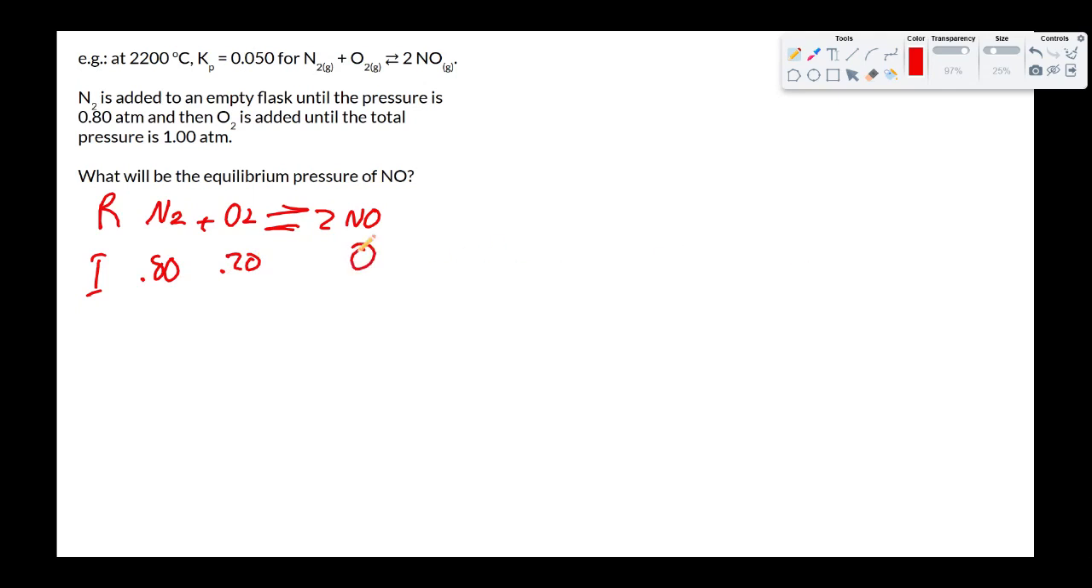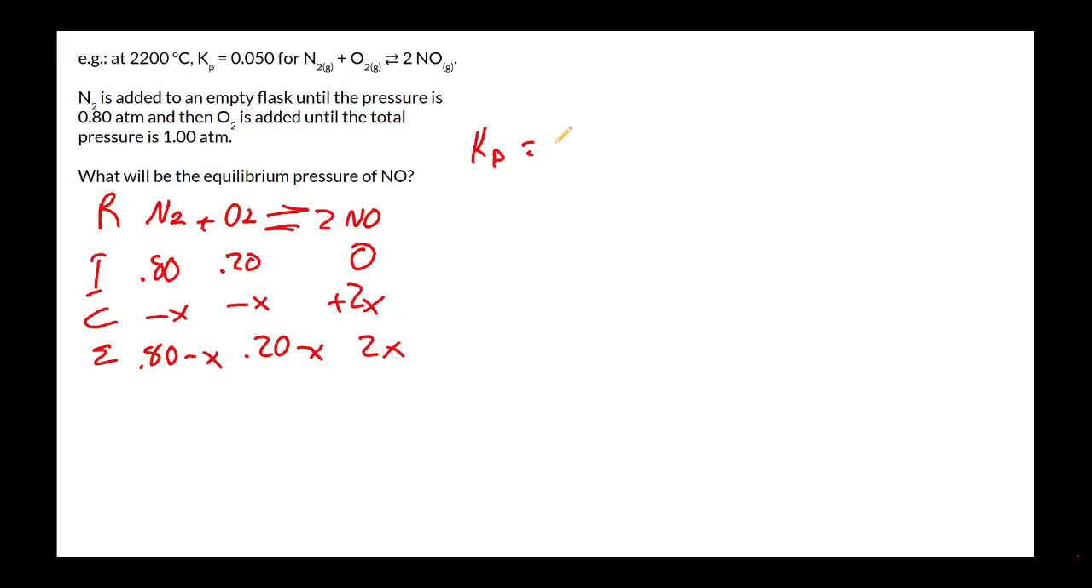Reaction hasn't happened. We didn't put any NO in there, so that's a 0. The change is going to be a minus x, and a plus 2x. At equilibrium, this will be 0.80 minus x, this will be 0.20 minus x, and this will be 2x. Kp is going to be equal to the pressure of NO squared divided by the pressure of N2 times the pressure of O2. In terms of our chart, that means